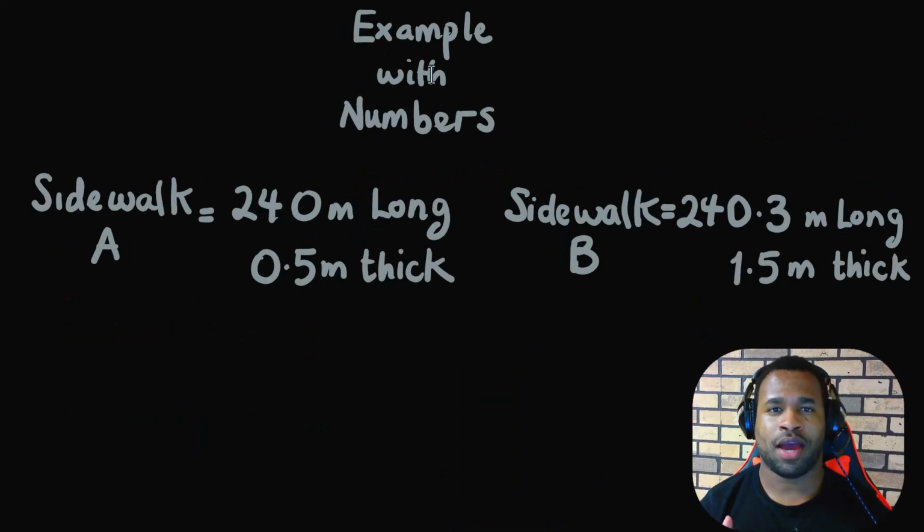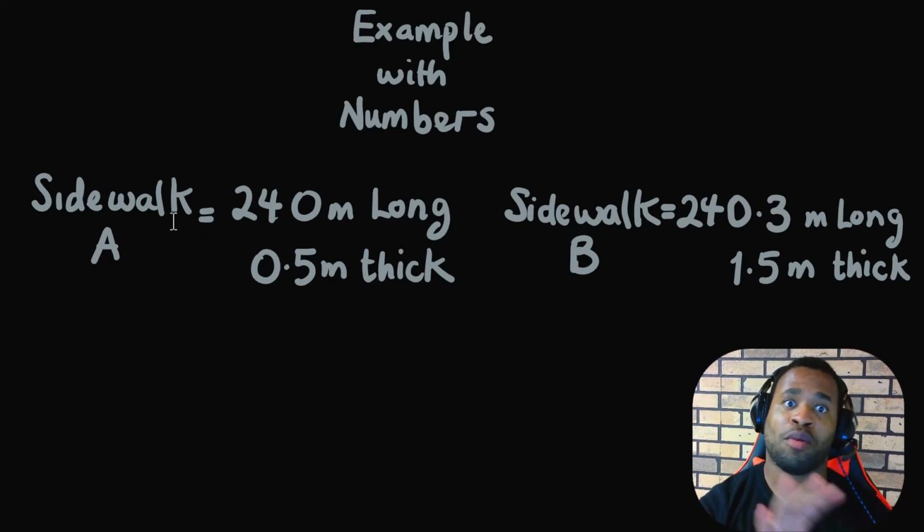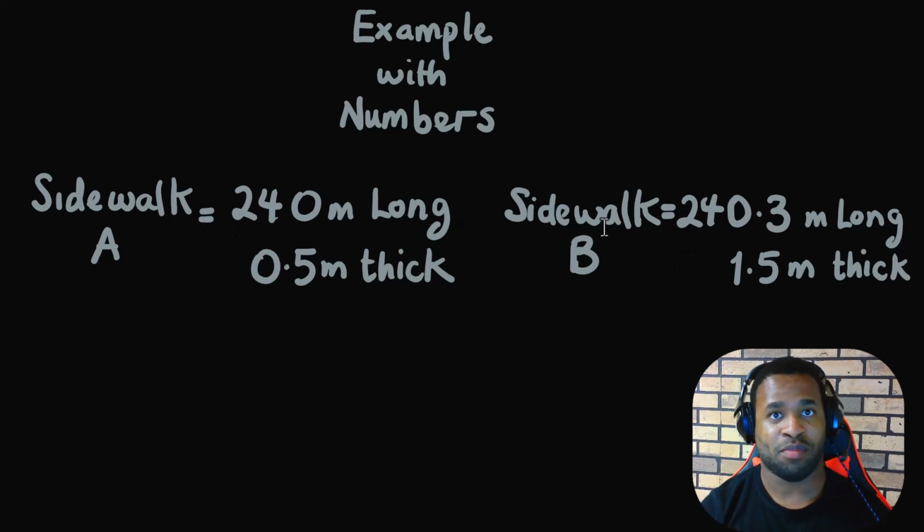In here we have an example with numbers, and we're going to compare sidewalk A numbers, and then we're going to compare sidewalk B numbers, and then we're going to compare both sidewalk A and sidewalk B based on length and also thickness. So first, looking at sidewalk A, comparing these two numbers, looking at specifically what is the precise number. This here shows us that for sidewalk A, we don't have any decimal place in here because there is